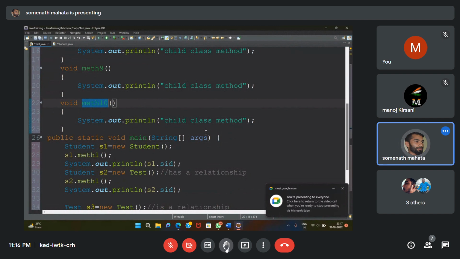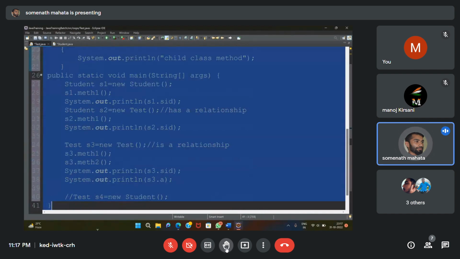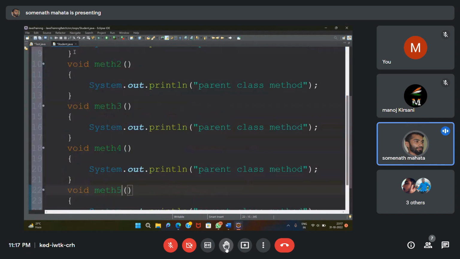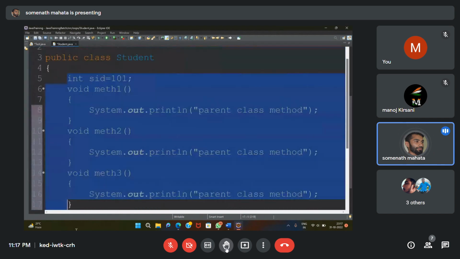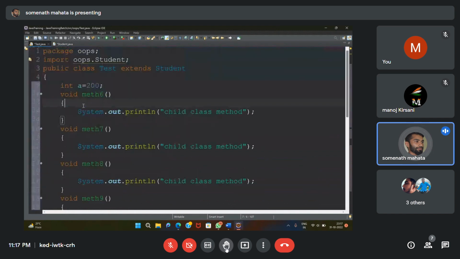You can use your parent's car also, and you can buy your own car. Here, see, in the parent class a total of 5 methods are available. Either I can use these 5 methods, and I can use my own methods also,